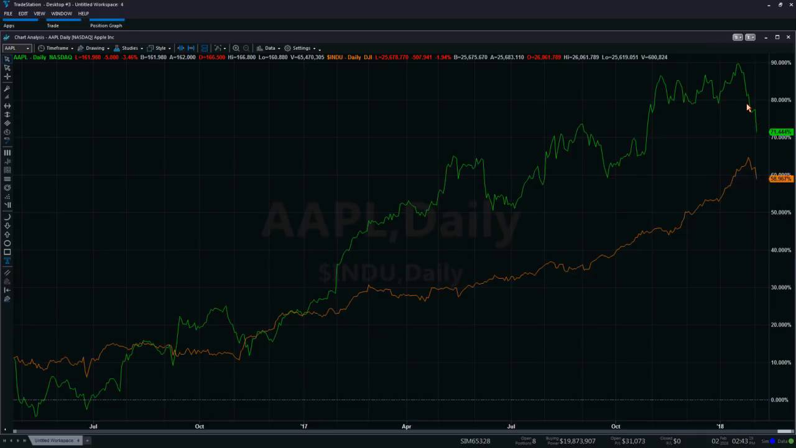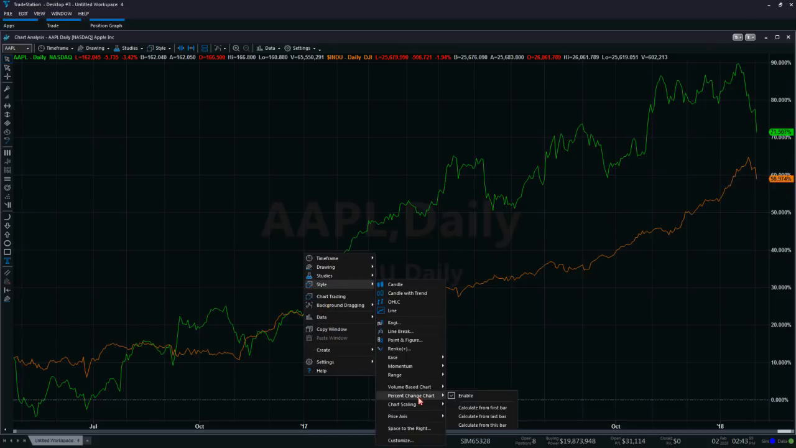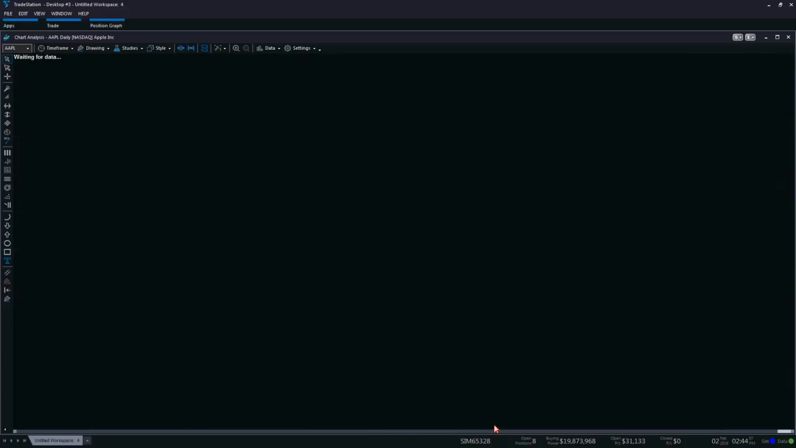And if you look at the green line, it corresponds to Apple, which is green right here, and the orange corresponds to the Dow Jones. Apple is up 71%, and the Dow Jones is up 58% since 2 years ago. It's interesting that here, on the line where 2017 begins, that's where my pointer is, I can right click on this axis, go to Style, Percent Change Chart, and say calculate from this bar. So if you want to know the percent change from the beginning of the year 2017,